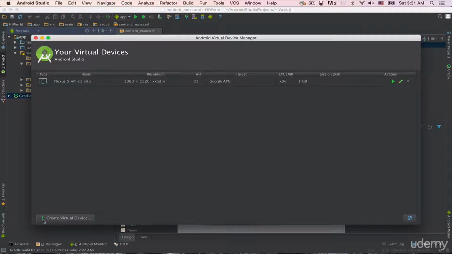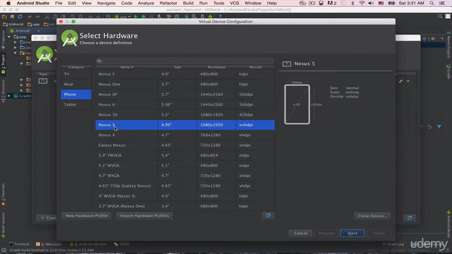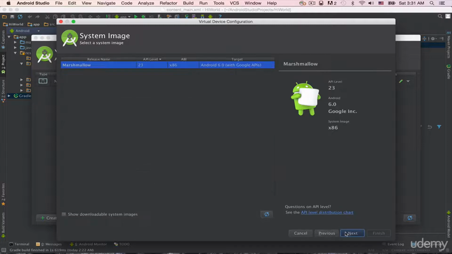device. Okay, so click on this button at the bottom here, and you should choose a device. I choose Nexus 5 and click on next. And as you can see here, you should select the system image. Because I have only downloaded the system image API 23